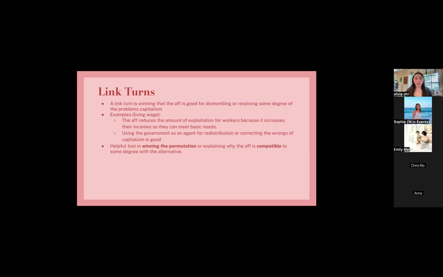I think another subcategory for link turns is answering the link. So you should definitely answer the link in the 1AR. You should either read carded or make analytical defensive arguments against the link from the 1NC. And also depending on the type of link that you're making, you could also make the link or explain why the link serves as a link turn. And then I think the permutation and link turn go together as a strategy for the 2AR, because a permutation resolves a majority of the offense even if the link turn isn't at 100.